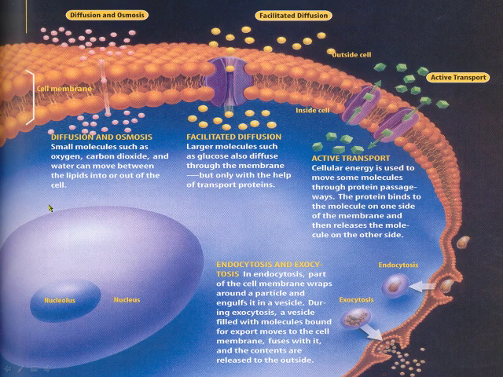This picture right here I like because it's a nice, neat little picture of all the different types of movement of transportation across cell membranes. So here's our huge cell. We have diffusion going on. That's molecules moving from high concentration to low concentration,